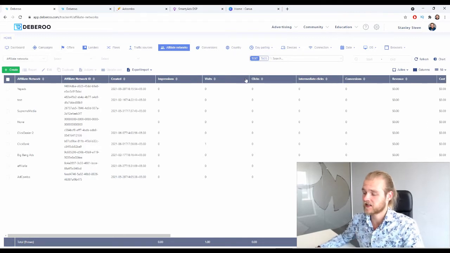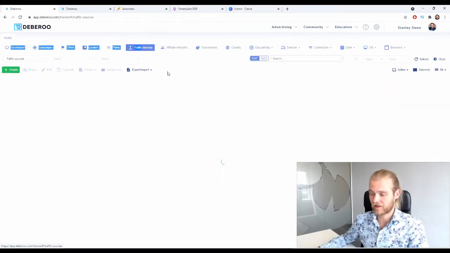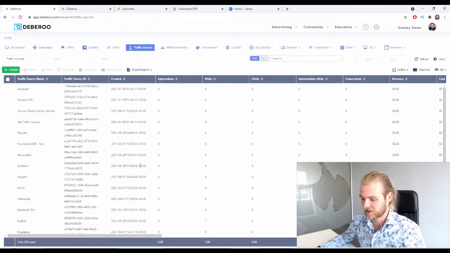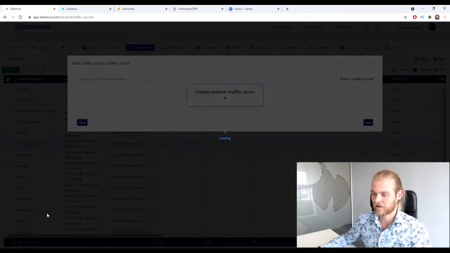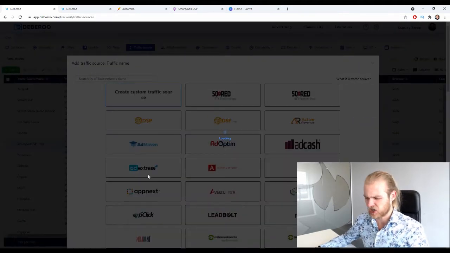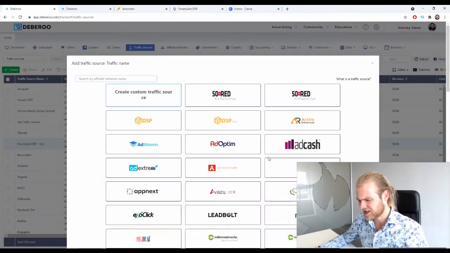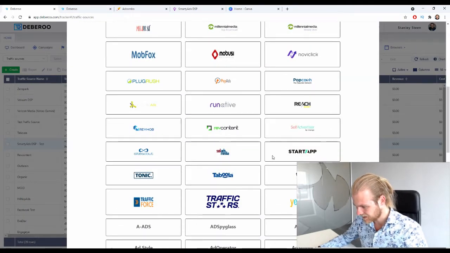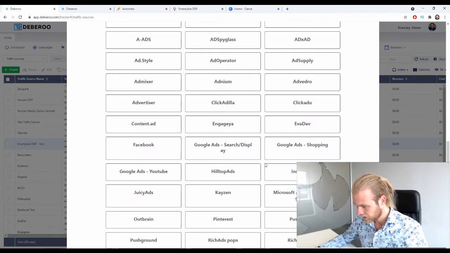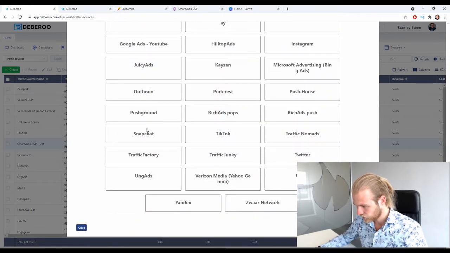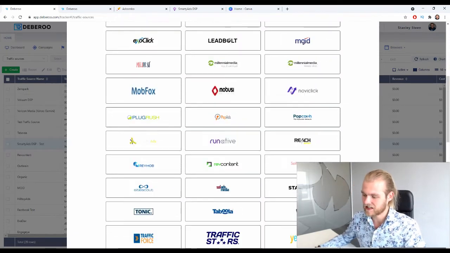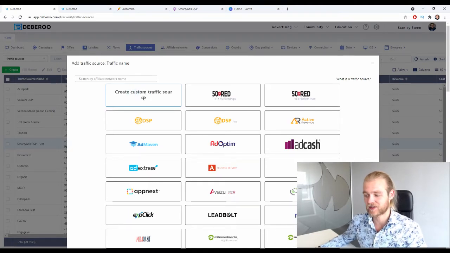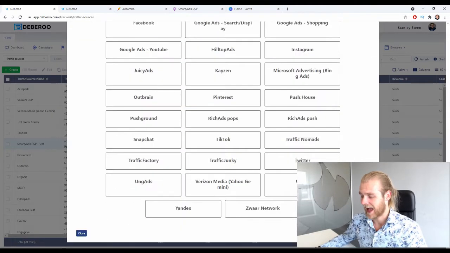The process is exactly the same for the traffic source. So go to the tab Traffic Sources. I already have SmartyAds in here, but in case you don't, click on Create, click on Traffic Source. I don't think there is a pre-setup for SmartyAds DSP, but let's see. Not here. So in that case, you would have to use the custom traffic source right here and ask